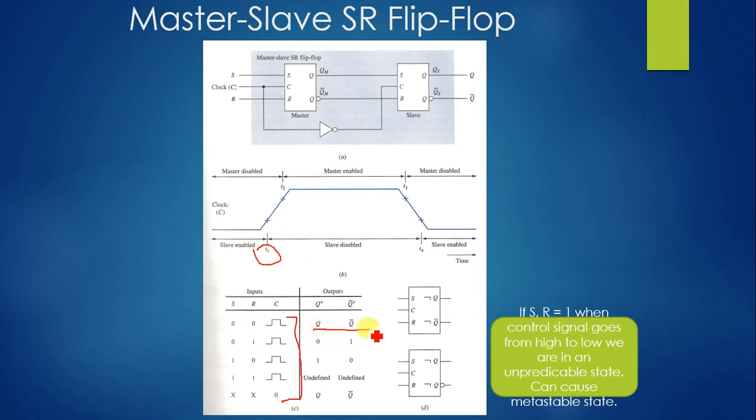In the 0 0 state it is Q and Q complement. Whenever set is 0, Q is 0, Q dash is 1. Whenever set is 1, Q is 1, Q dash is 0. 1 1 is an undefined state. Both set and reset, whenever you give 1 1, it's an undefined state. The same logic, just like your master slave latch, works the same way for this flip flop also. Here instead of a latch circuit, we are using a flip flop, which is S and R, or set and reset, which we studied in the previous class.